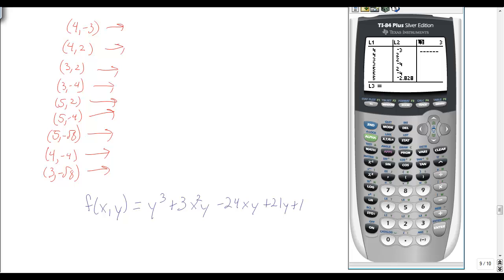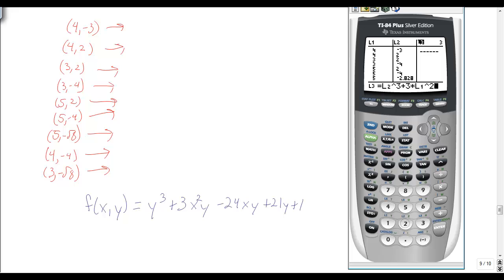So what I have to do, let's see, I have to highlight L3. Normally it starts out down here. Hit the up arrow, go up to L3, highlight that. And that second L2 to the third plus 3 times x squared. X is going to be L1